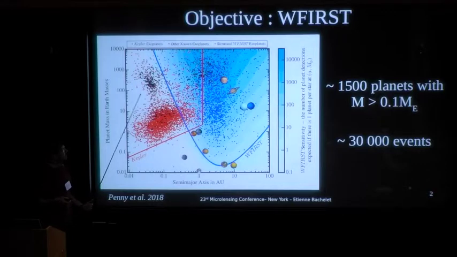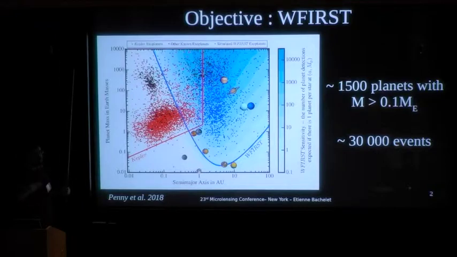And thanks to these detections, we know a lot about these planets now, but the parameter space around cold planets is much less known. And it's because the primary methods, transit and radial velocity, are less sensitive. But thankfully, microlensing is very sensitive to this region. So thanks to WFIRST, we should be able to understand much better this part of parameter space, which is very important for planet formation, for example. But one thing which is not in the plots of Matthew, maybe you can upgrade that, is that WFIRST is also going to explore the planet population all along the galaxy, which is quite unique for microlensing. So that's going to give us a lot of clues about the planet population all along the galaxy.